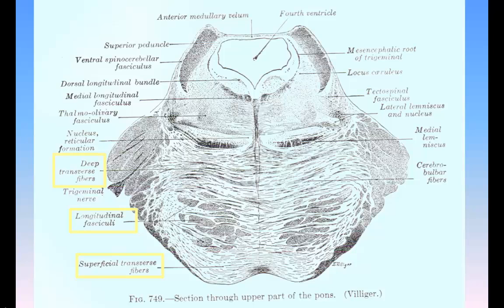Some of these fibers end in or give off collaterals to the nuclei pontis. An important pathway is thus formed between the cerebral cortex and the cerebellum, the first neuron having its cell body in the cortex and